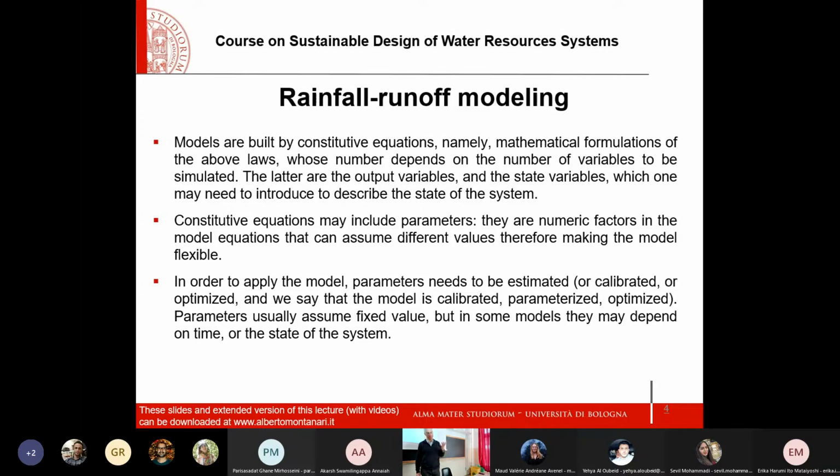And when we have a river, and a given river cross-section, I'm sure I already mentioned this concept, we need to know the portion of land that contributes to the river flow, that is collecting rainfall and bringing rainfall to that river cross-section. And this portion of land is called catchment. So what is a catchment? This may be a question at the exam. What is a catchment? It's the portion of land